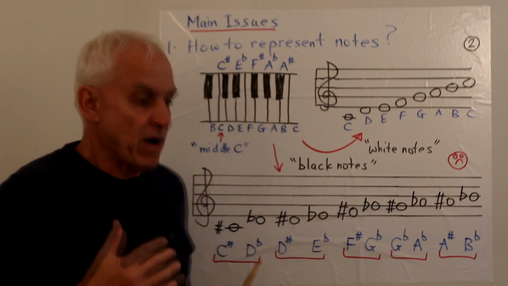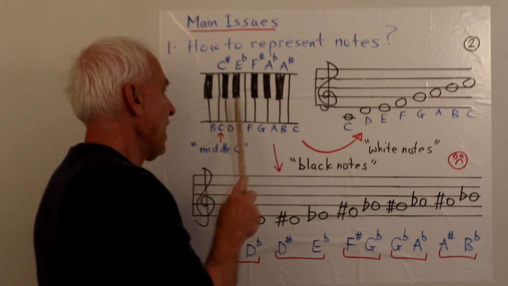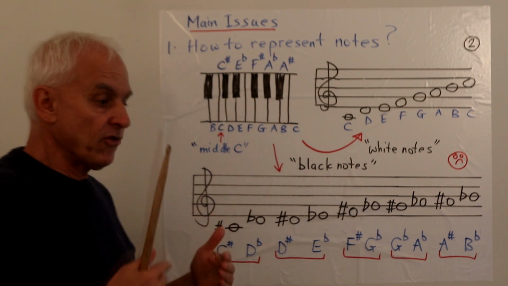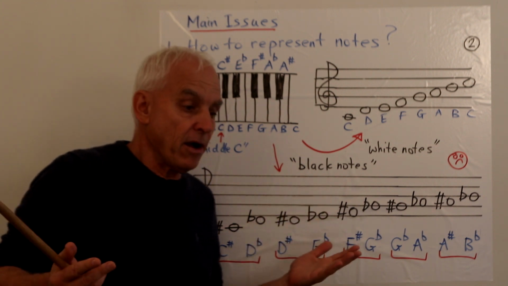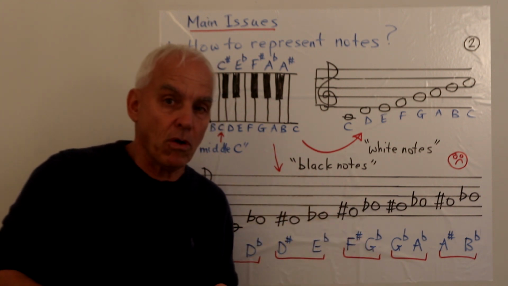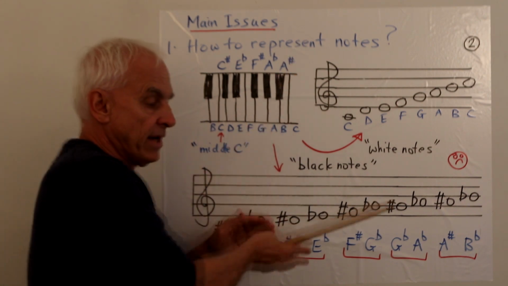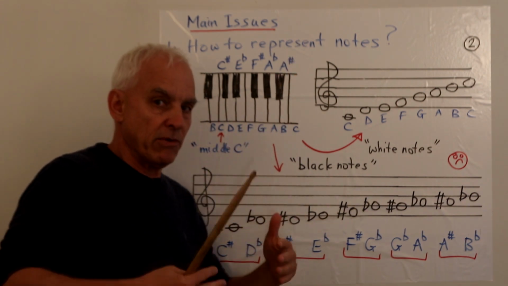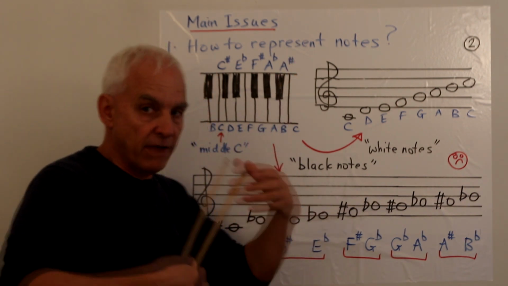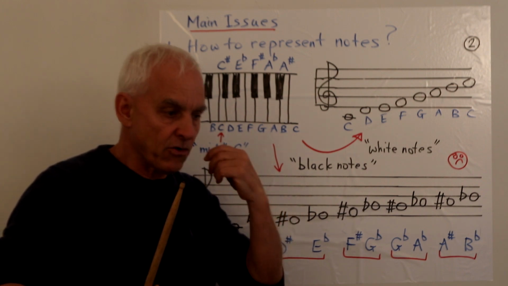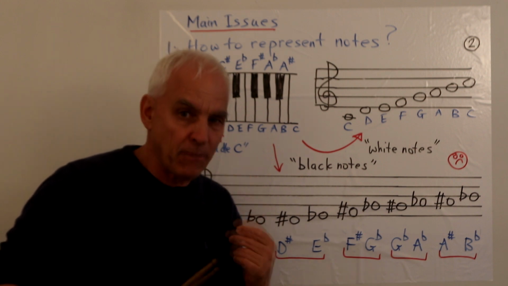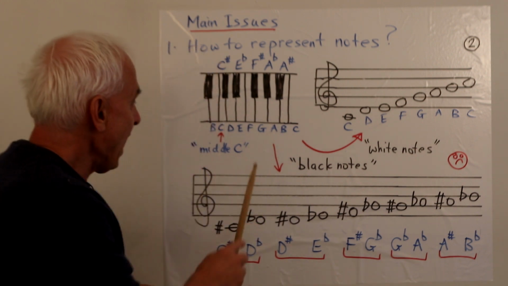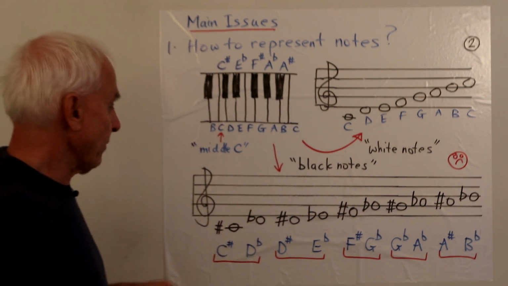notes. But the complexity has to do with the black notes, because the black notes are also part of our 12-tone system. And in principle, they're playing an equal role. But they definitely do not get an equal role when it comes to their representation in our staff system. This is a crucial thing that we have to appreciate, even though it's maybe a little bit uncomfortable for us. So the black notes get quite different treatment.